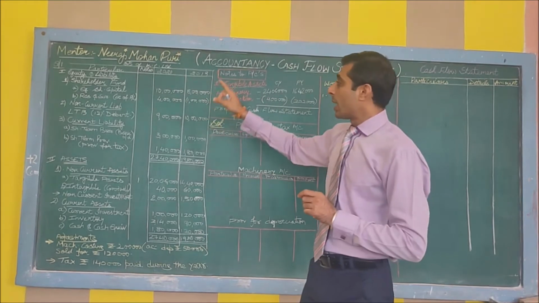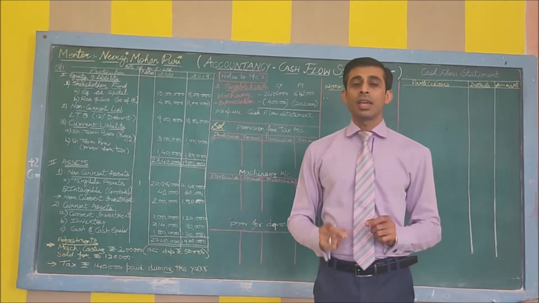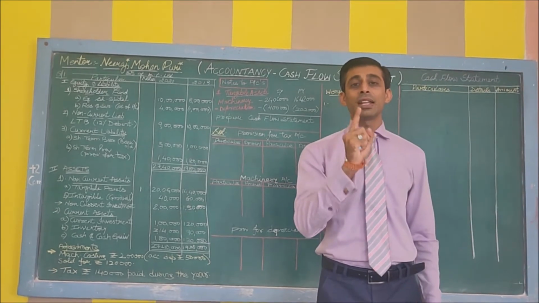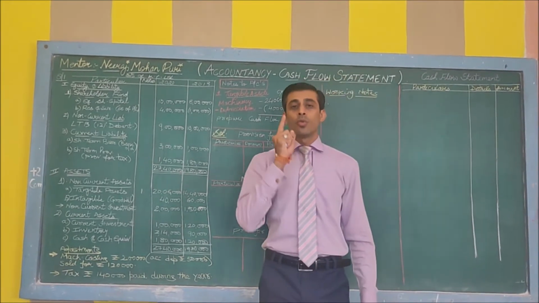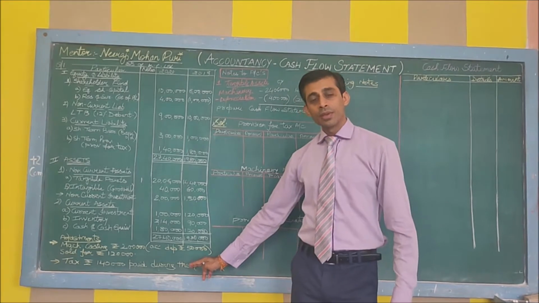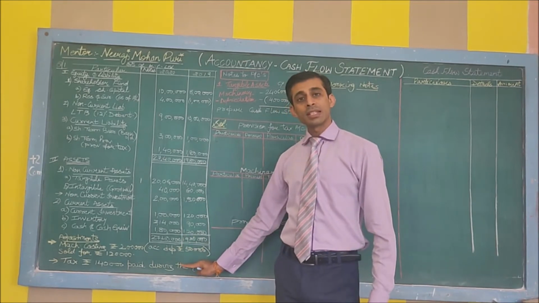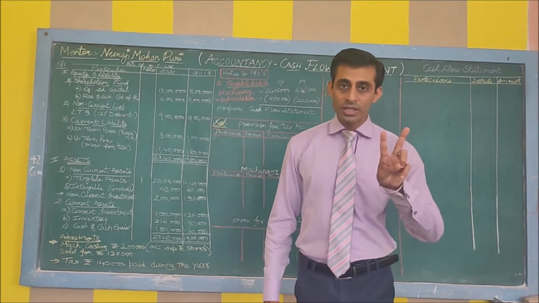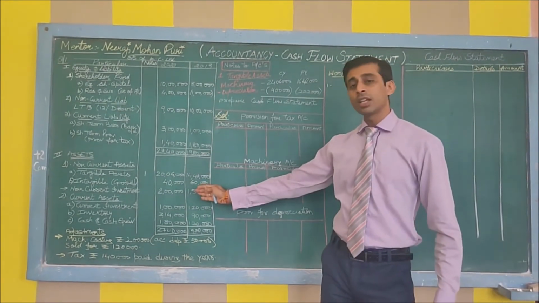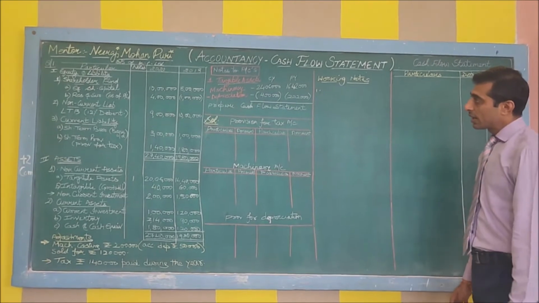So be attentive. All the items given in the balance sheet and notes to accounts of your question will come somewhere in the solution in only one activity. One item, one activity is the rule. Whereas all the adjustments would be shown in 2 activities, means at any 2 places. Adjustments are recorded at 2 places each, because we follow the double entry system, whereas for the items which are given in the question, one item, one place is the rule. So be attentive and listen carefully.